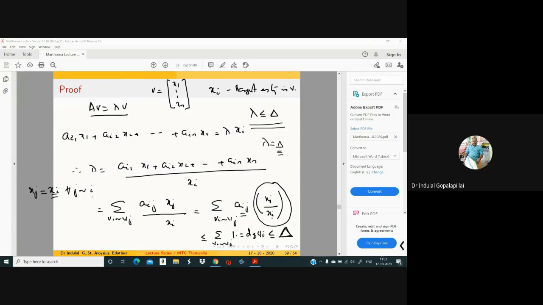Now you apply the same argument by taking a vertex adjacent to Vi. Then we can see that for those vertices adjacent to that particular vertex, all entries are equal to xi. So eventually we get V as a vector all of whose entries are xi, so that this is equal to xi times the all-one vector. So the eigenspace is one-dimensional, because any other eigenvector is a scalar multiple of the all-one vector.